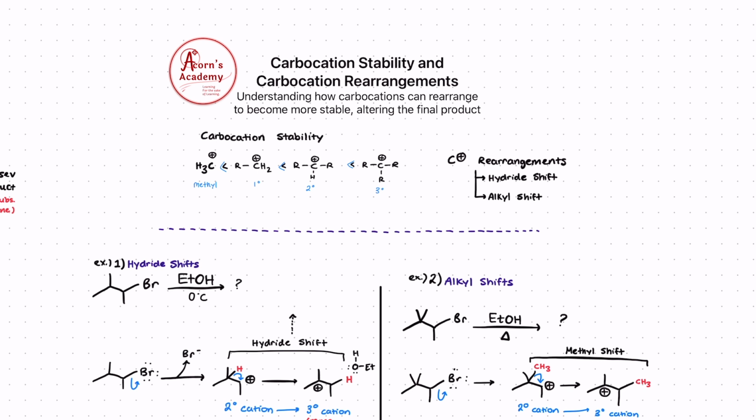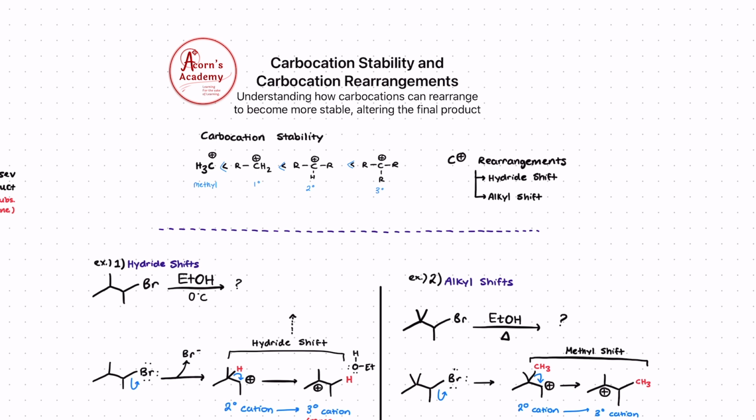In this video, I am going to talk about carbocation stability and carbocation rearrangements. We've already gone through the SN1, SN2, E1, and E2 reactions, and we've kind of gone over the basic idea as well as some things to look out for. In this video, I want to tackle these two topics because they can be some important considerations, especially for the